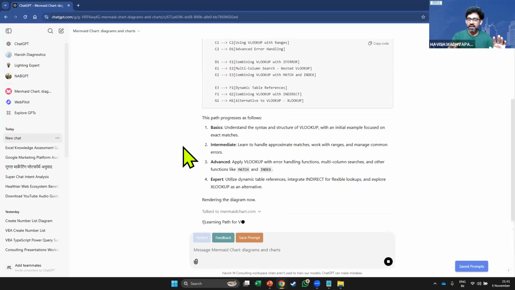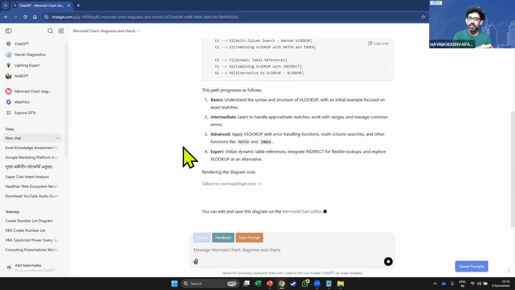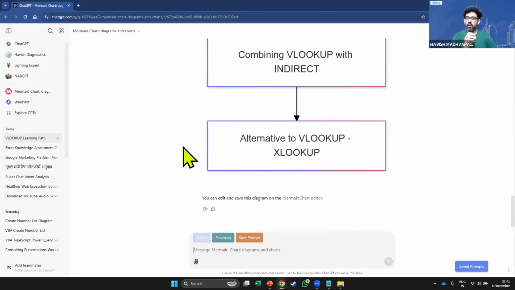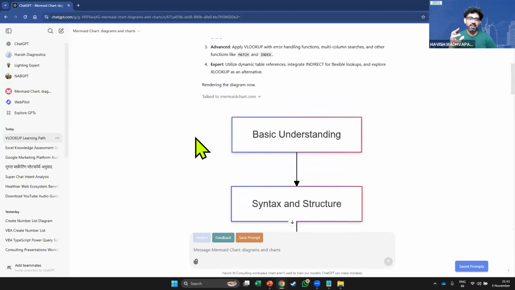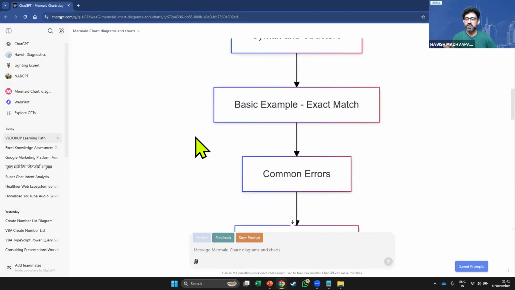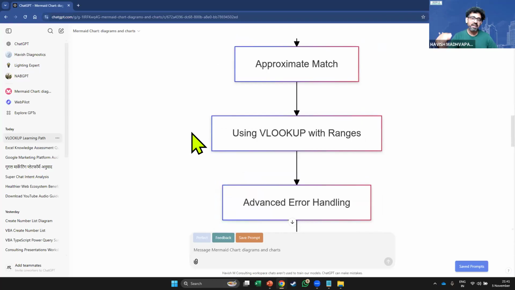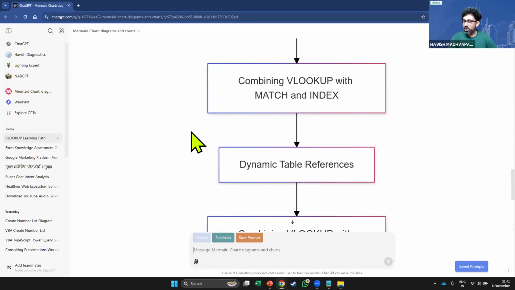I will say, let me give you an example of how I learn a topic or acquire knowledge. For example, when I learned VLOOKUP, what I did was first break it into 4 levels: basic, intermediate, advanced, to super advanced. In basic, I first did the understanding of the syntax, the structure of the formula, how the basic match works, and how to handle errors. At an intermediate level, I did approximate match and how to work with ranges. Then I did advanced. You get my point, right?